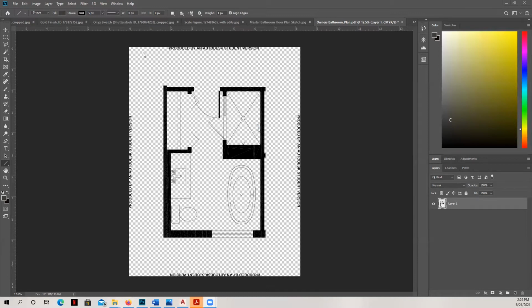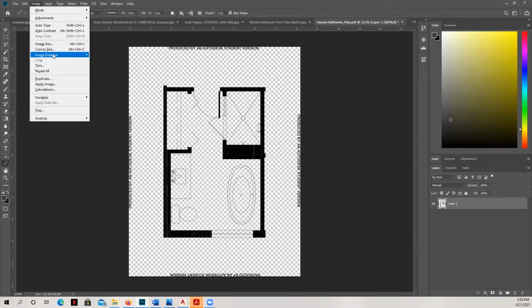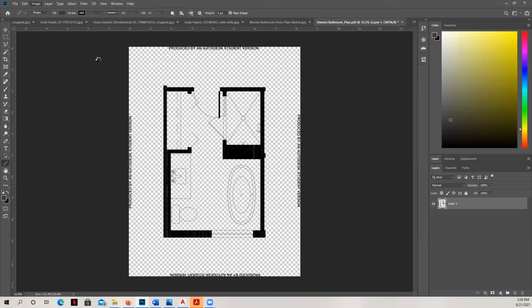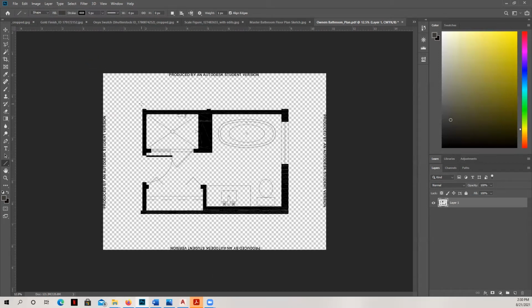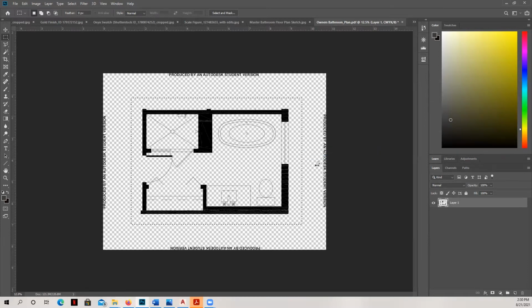And so the first thing that we're going to do is go ahead and rotate our image. And let's go ahead and go over here. And we are going to rotate it actually counterclockwise, 90 degrees. Okay, and then we're going to create a marquee here. And we're going to do a layer via cut, so it's going to pull it from the background. And we will go ahead and delete that layer there, rename this floor plan.